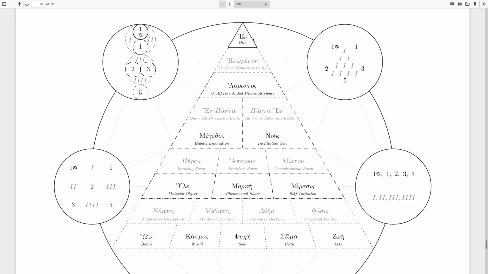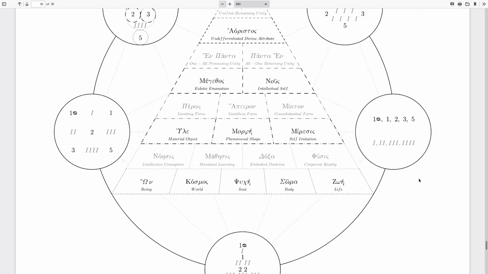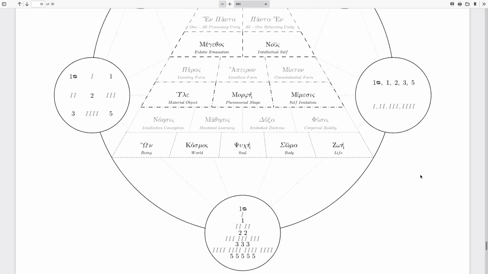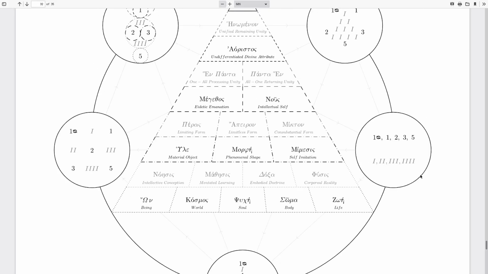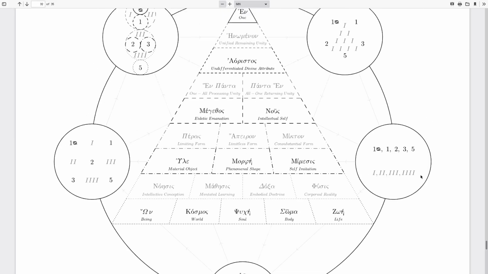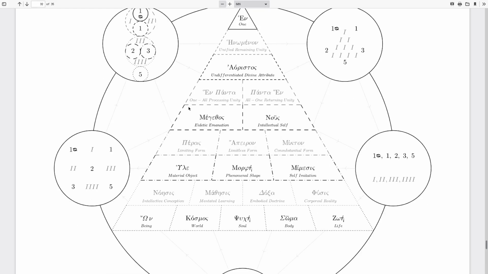The priority is 1, 1, 2, 3, 5 before I get into the 1, 2, 3, 4 thing, which the 1, 2, 3, 4 is more like an intermediary, how do I say, actions or relations between the 1, 1, 2, 3, 5 Fibonacci sequence based